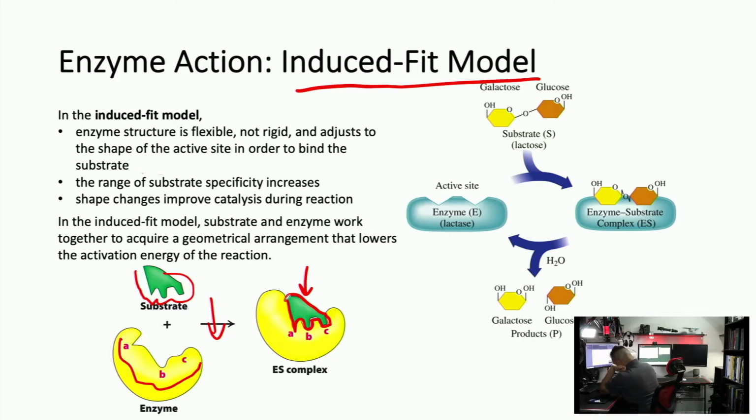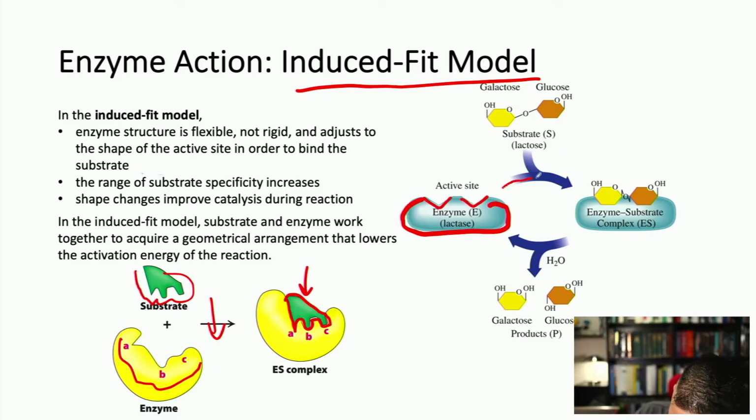So, using lactose as an example again, we have the enzyme lactase with its active site that is triangular or valley shaped. But when the substrate lactose comes in, which is hexagonal shaped, certain non-covalent interactions, as they get closer, will induce a shape that fits the substrate perfectly, whereas before it didn't fit perfectly. And when that happens, the enzyme-substrate complex carries out the reaction and it separates.